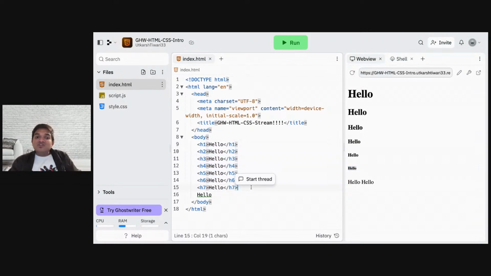And then I also write a tag h7, but h7 is not a valid HTML tag. That is why what your browser will do, and what Replit did, was just take this word inside and render that. And how do I know that for sure? Because I tried it on line number 16. I just wrote it like that without wrapping it in anything. And even that got rendered. Like, hello without